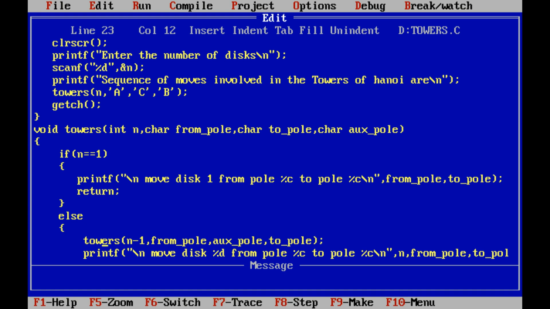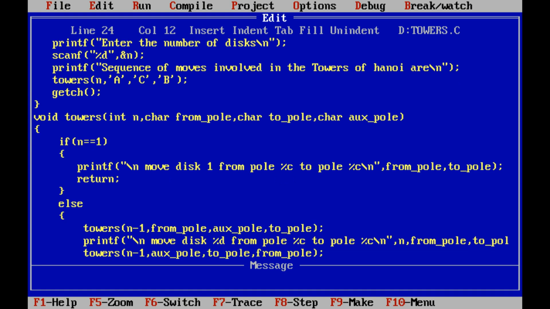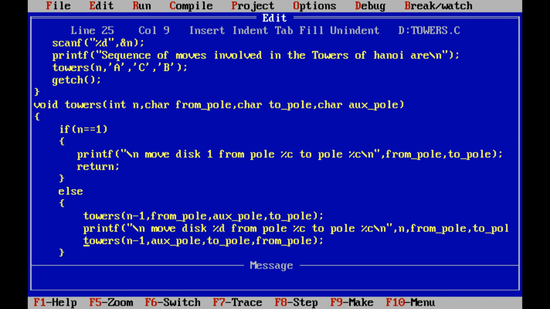The first n minus 1 disks are moved from the from pole to the auxiliary pole, by using the intermediate pole called to pole. After that, the 4th step represents printf move disk %d from pole to pole. So in the 4th step, the 3rd disk on pole A is moved from pole A to pole C.